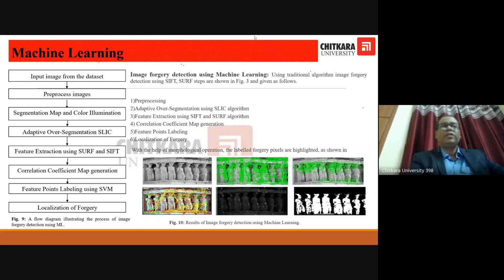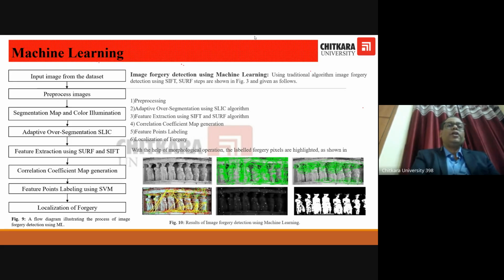So this is our paper. In this paper, what we have done is performed a machine learning task to detect the forged portion on the COMFD dataset. COMFD is a dataset which is freely available on the internet, and it is open source. You can also download this dataset, and you can see what we have done in this machine learning